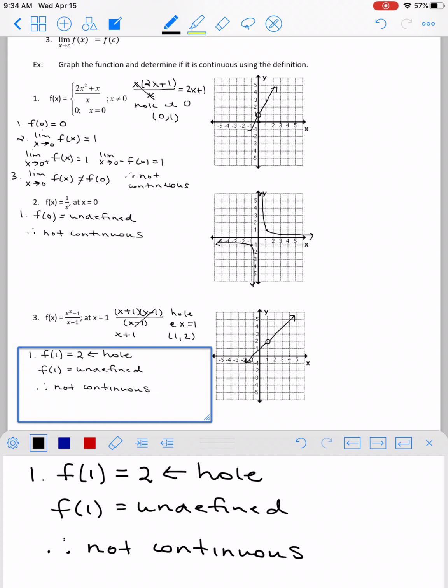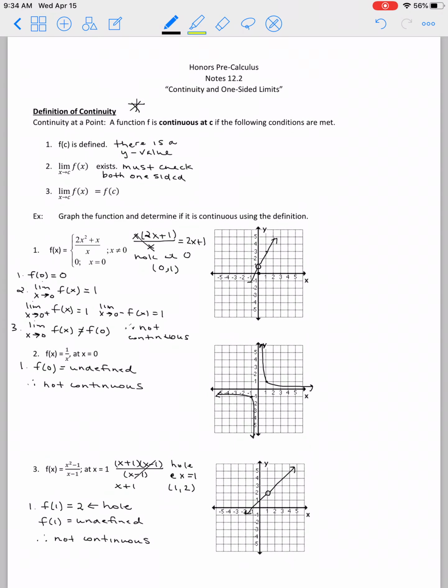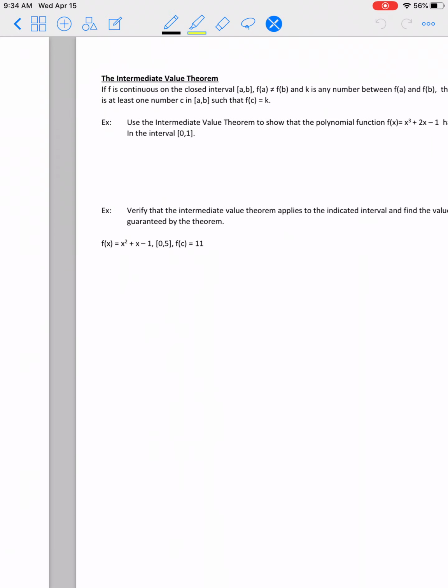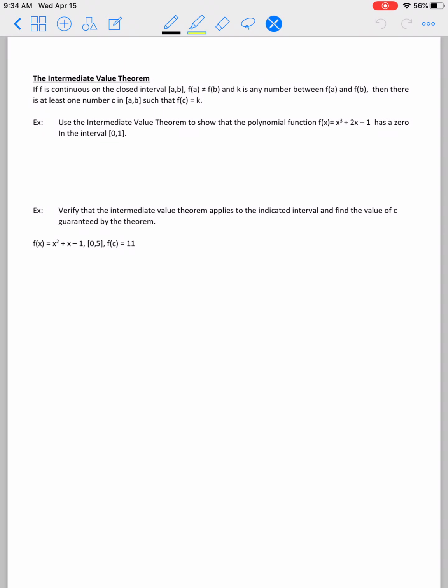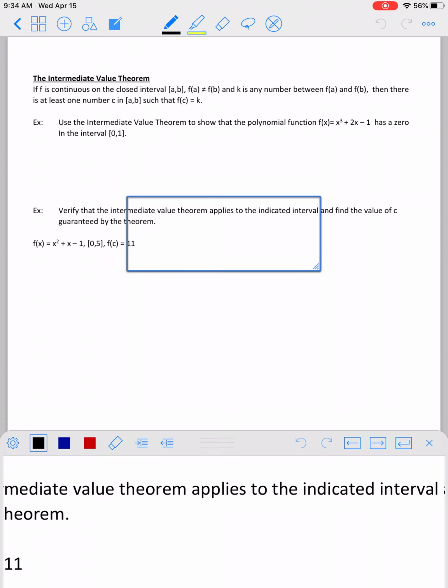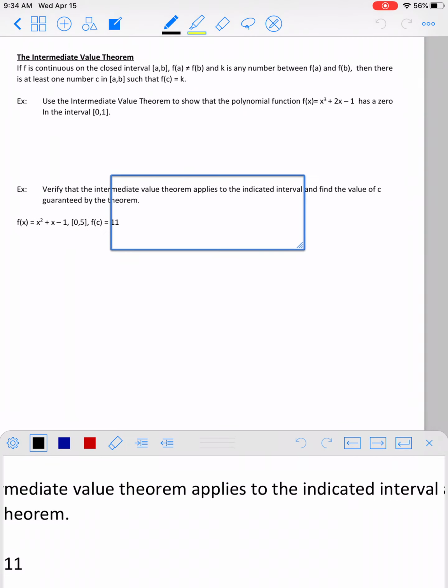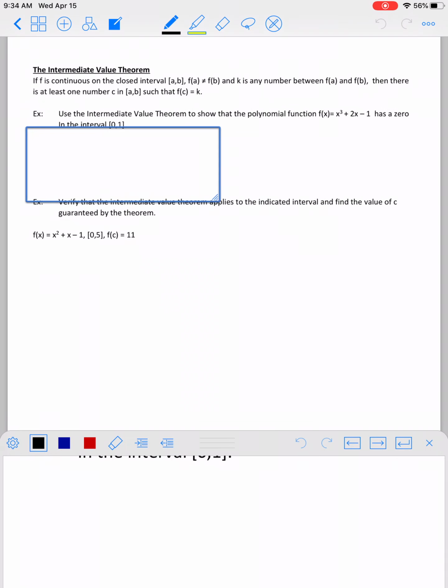Okay, so those are 3 different examples where I showed all 3 that are not continuous. What will happen is if the 3 conditions are met, then you'll have a continuous function. Paralleling with limits and continuity is something called the intermediate value theorem. And what it talks about is I have to have a continuous, it has to be continuous on the closed